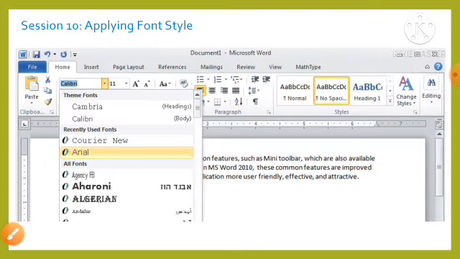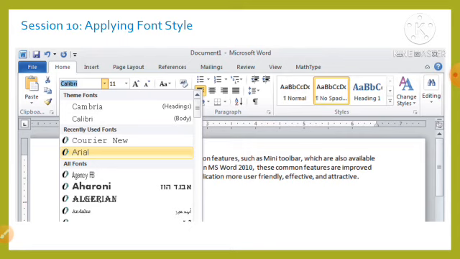Okay. Now the session 10, applying font styles. We can change the font and font size of the text in MS Word 2010 documents through a few mouse clicks. There are several fonts and font sizes that we can choose to apply on a particular text.